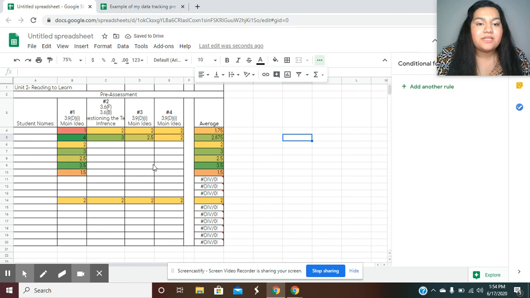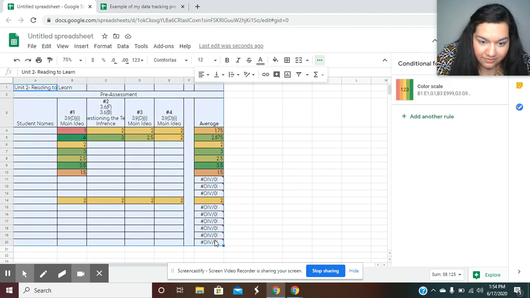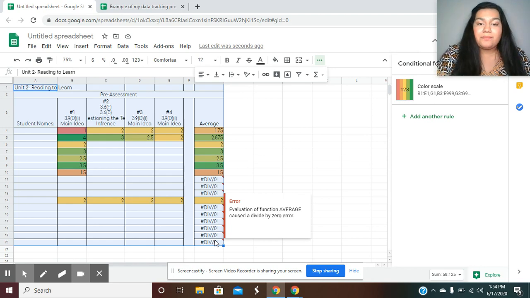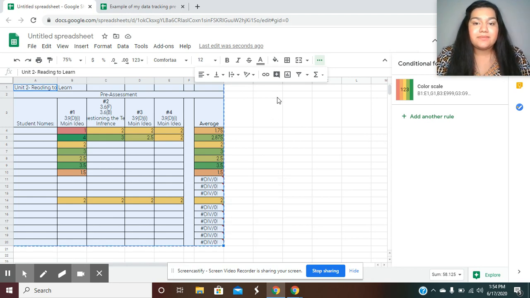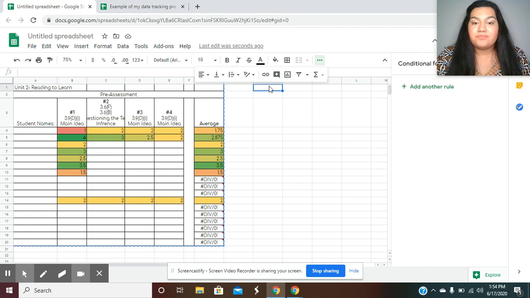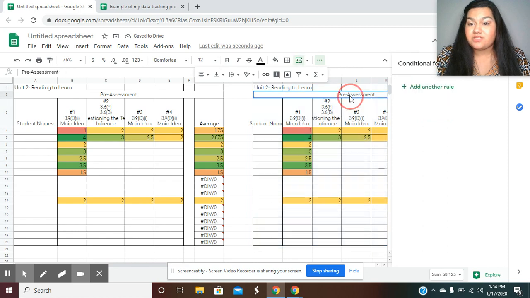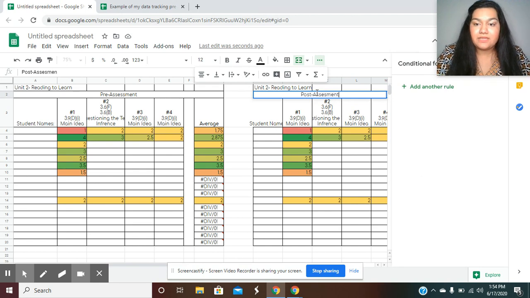And then I'm going to go ahead and just finish this off by pressing Control and selecting all of what I have. And then you just copy it and skip a cell. Control V. And then you have it done already for the post assessment. So all you would need to do here is type post assessment. You would do just post assessment and then,